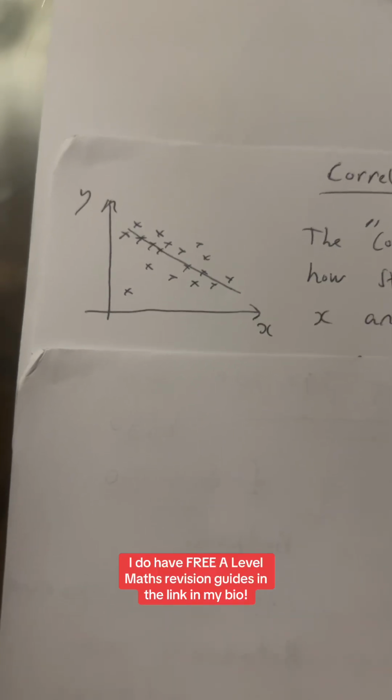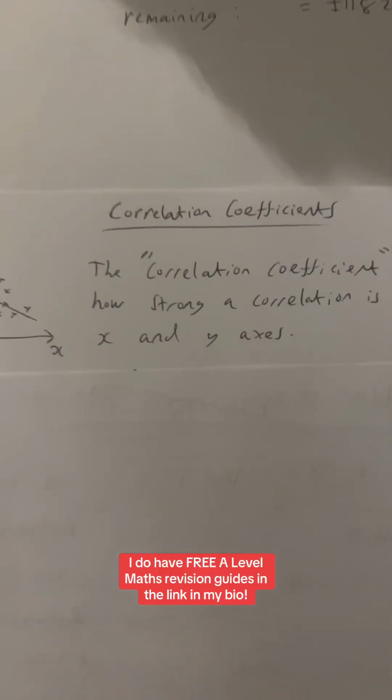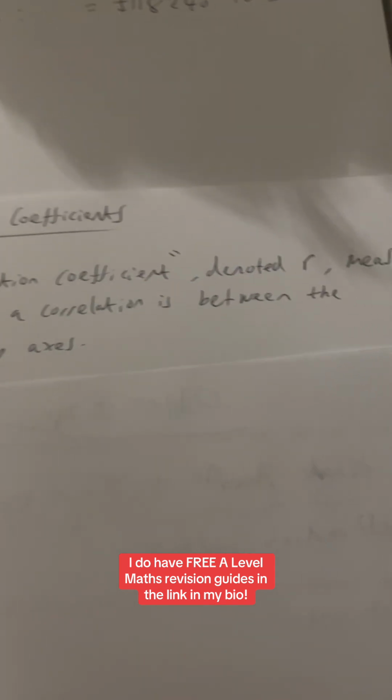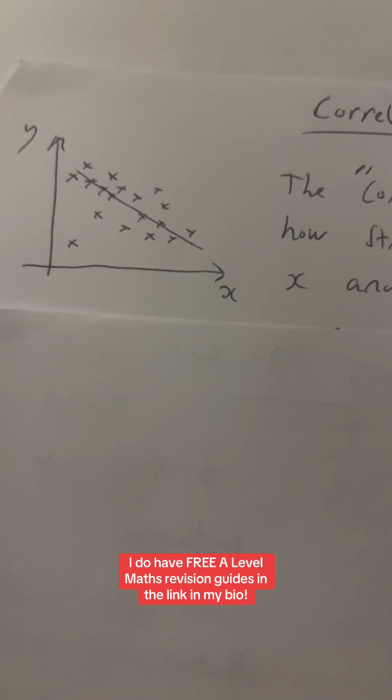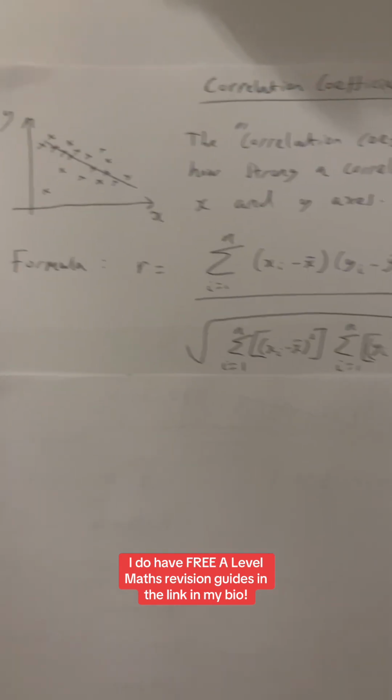So a correlation coefficient is designed to measure how strong a correlation is between X values and Y values on a scatter graph. Now we use the letter R to denote a correlation coefficient, and there is a big formula that you can use to actually calculate the correlation coefficient for any given scatter graph, and it's this horrendous formula here,